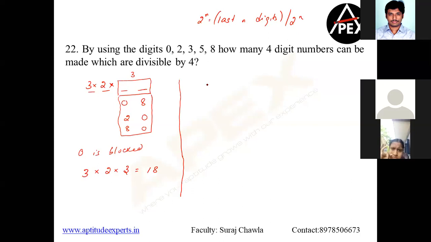Clear? Now let's try to see when 0 is not blocked. Okay, so I'm just keeping these two like this. So in these two places, what all can the numbers be there? Now I cannot consider 0, so forget 0. So with 2, I can make 28, go in a structured way, okay? 23 is not possible, 28. Now with 3, I have 32 as a possibility. With 5, I have a 52 as a possibility. Clear? With 8, I have nothing as a possibility.